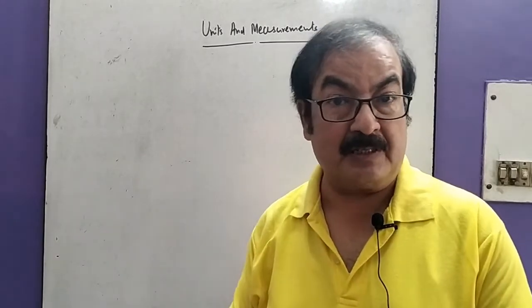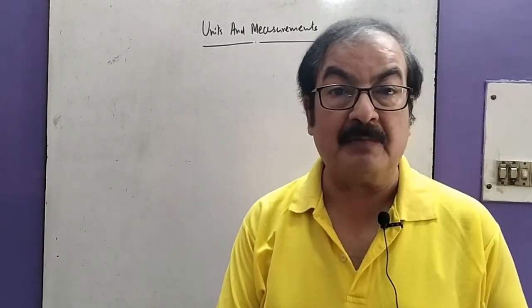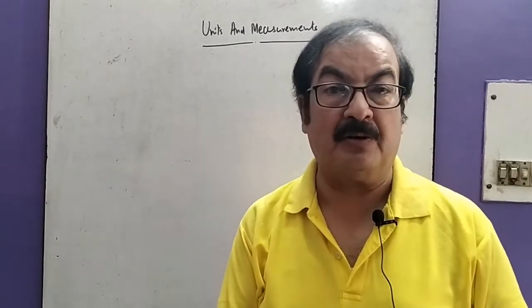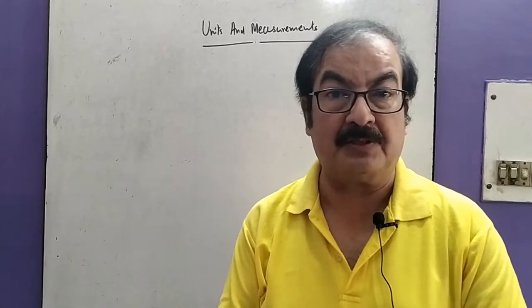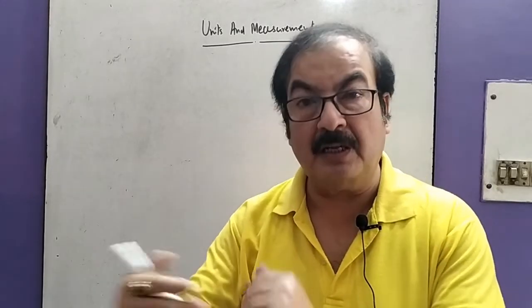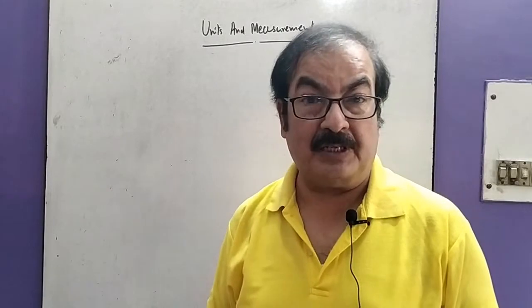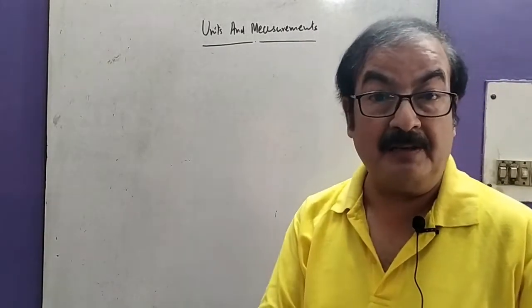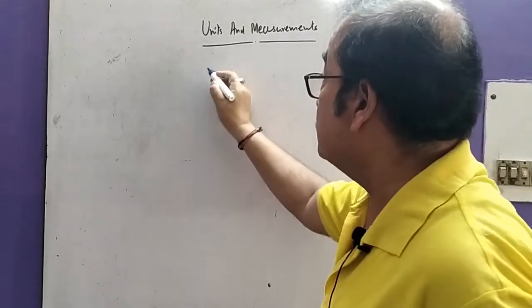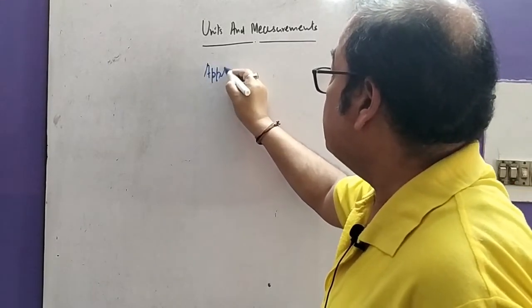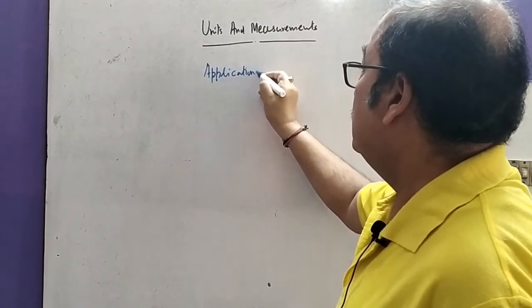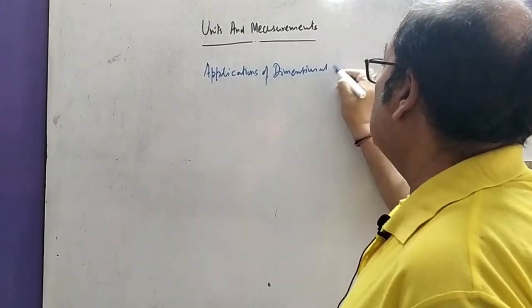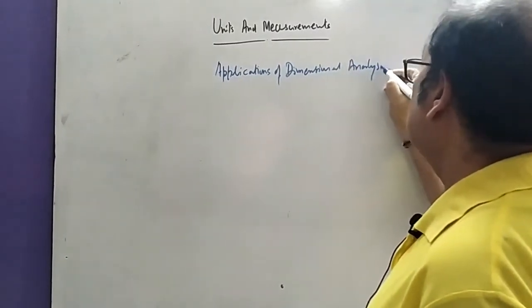When we say merits, it is the application. We use dimension in various forms. When we write demerits, it means the limitations, that it is the limitation beyond which we cannot expect, that we cannot do dimensional analysis beyond a certain limit. They are the limitations. And here first we discuss the plus point, that is the merit. In the merit part we take applications of dimensional analysis.